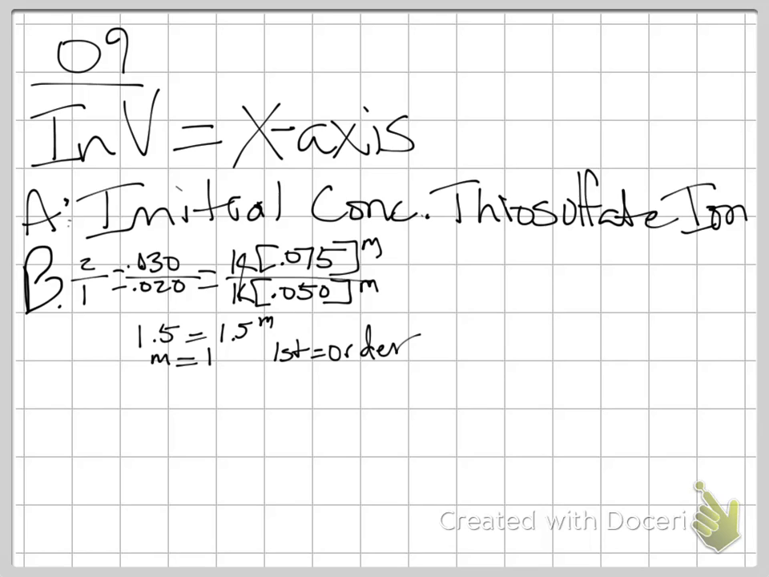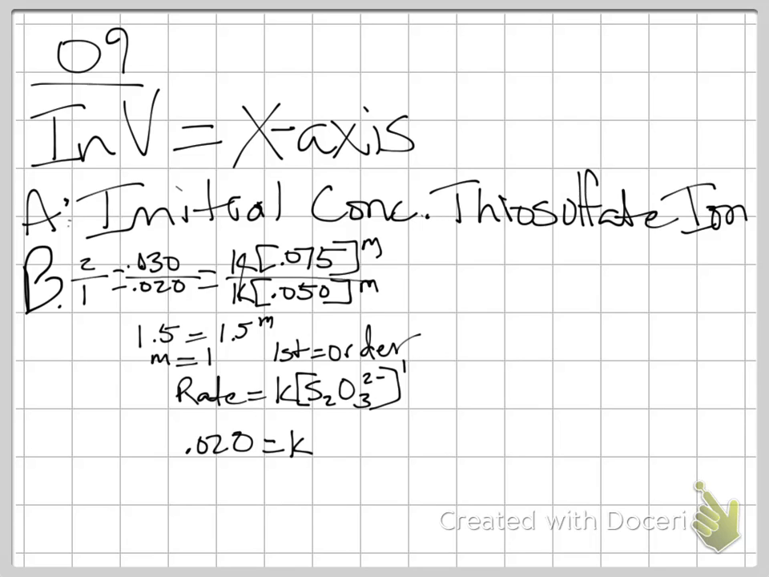Now, determine the value of the rate constant K for the reaction. Include units in your answer. So, just like we did before, I need to write my actual rate law expression. So, rate equals K, concentration of thiosulfate ion, raised to the first power. So, plugging in my information, I'm going to use experiment 1. So, 0.020